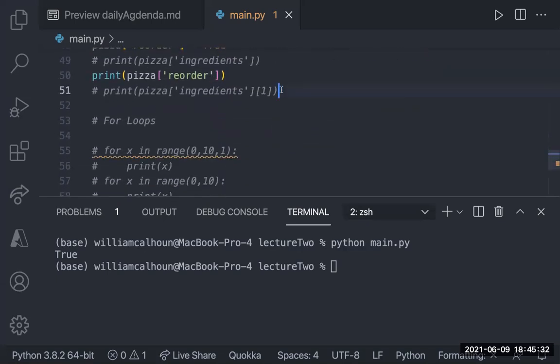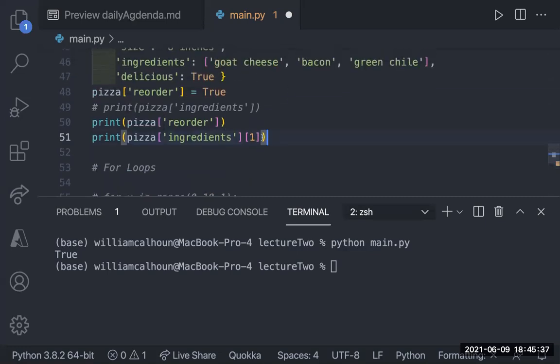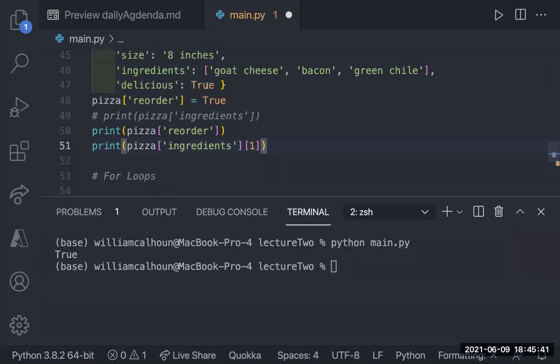So you can see here, I call ingredients 1, but that is because it is a list. So it is the bacon in my ingredients, because I know that that's a list and I want to call something specific in there. But like, could I say pizza 1? Is that what you're asking? Yeah, but would that just create a new key?